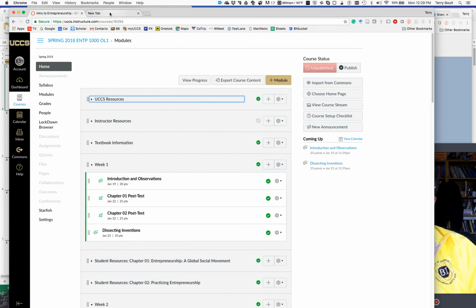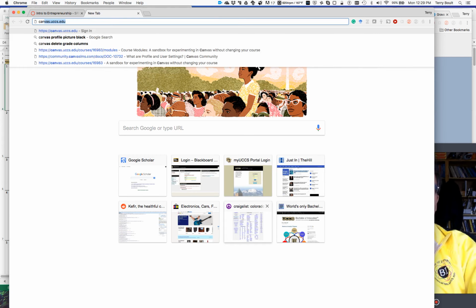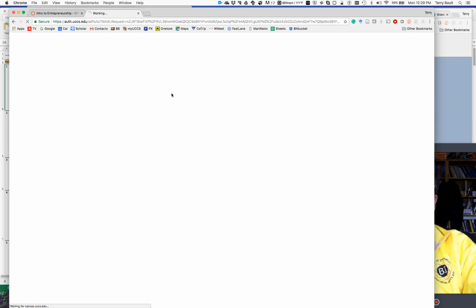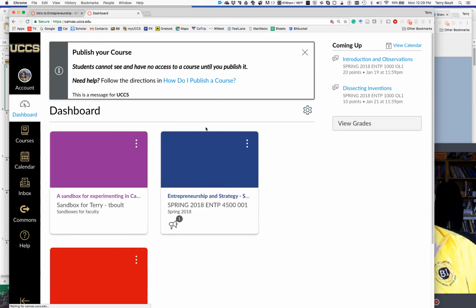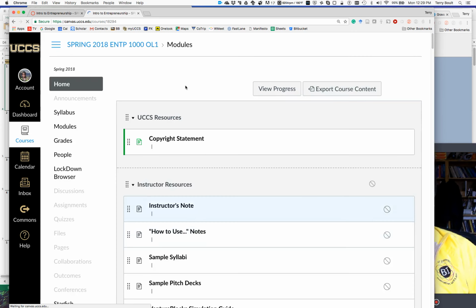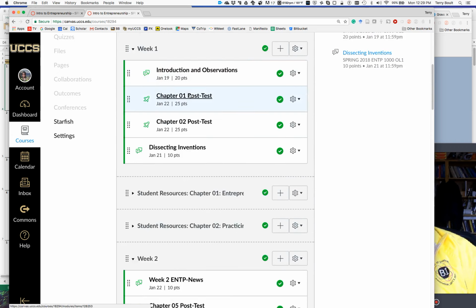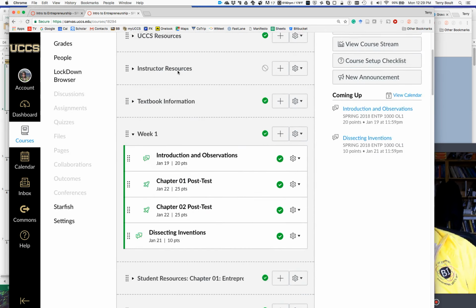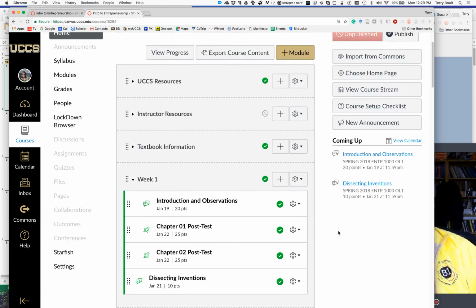To log into Canvas, you're going to go to canvas.uccs.edu. If you've not logged in before, it'll ask you to log in using your campus password. If you have, it'll take you straight in. In this case, I have multiple classes, so I'm just going to jump to ENTP1000's online version. The system will start in your home page, which will show you various things scrolled out by